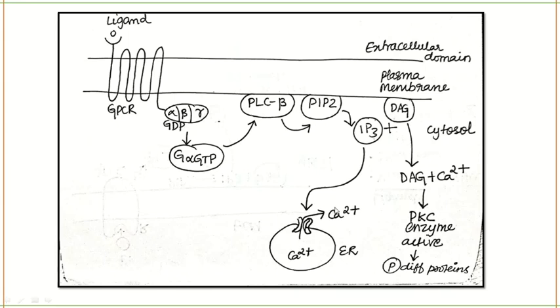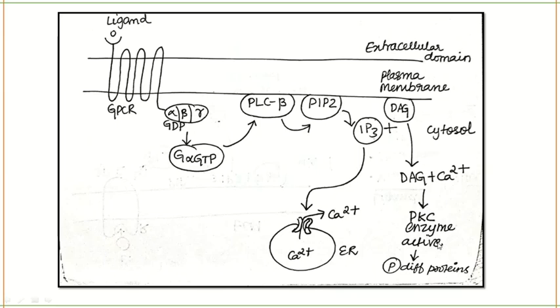It will increase the concentration of calcium in the cytoplasm. Now, calcium ions along with DAG, that is diacylglycerol, will activate an enzyme called protein kinase C. And this protein kinase C will phosphorylate different proteins and the pathway goes on for different proteins, okay? So this is the common pathway, and after this the phosphorylation of the proteins will happen, and based on the protein the pathway will differ. That is not required for us. The IP3 DAG pathway ends here itself.